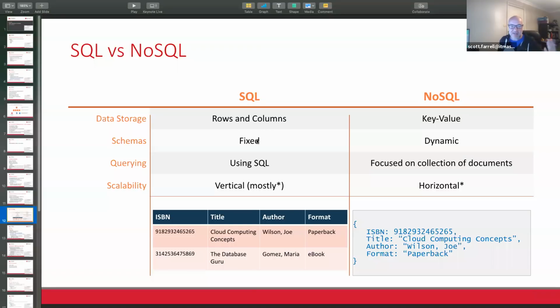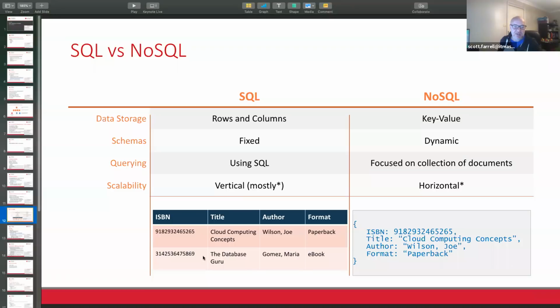Schemas are largely fixed, so adding columns and tables is a slow thing to do, and it brings the database down usually. You use SQL to query it. And scalability, the main way you scale an SQL application is vertically. I talked about read replicas, which is horizontal, but mostly it's about how big your instance can be.